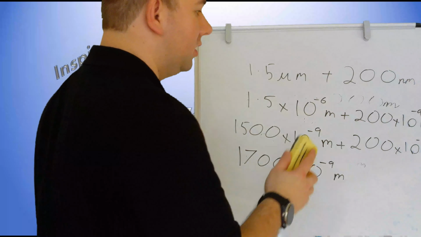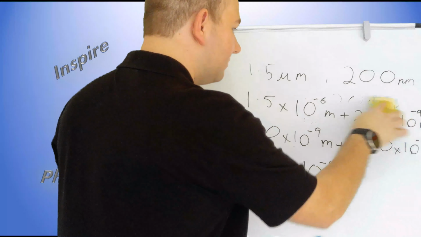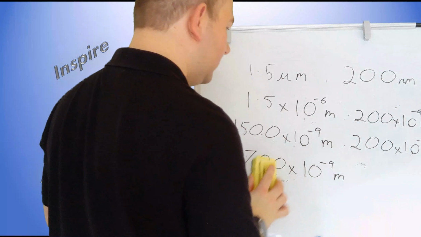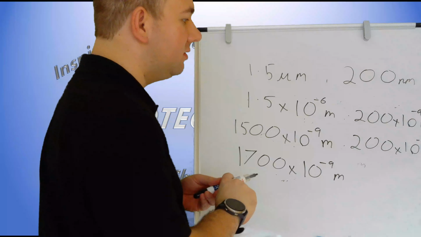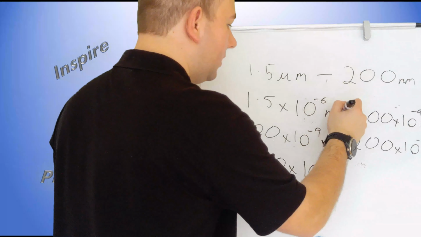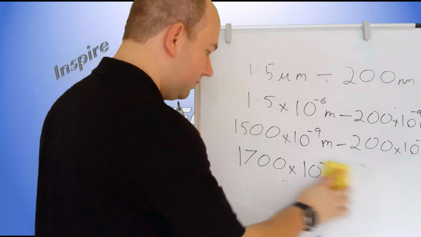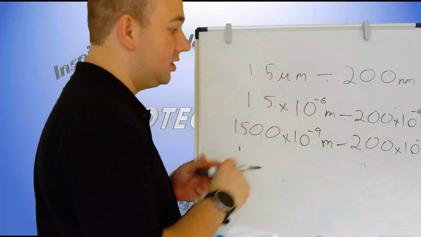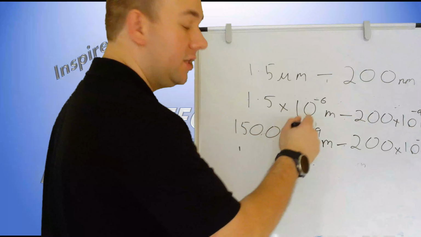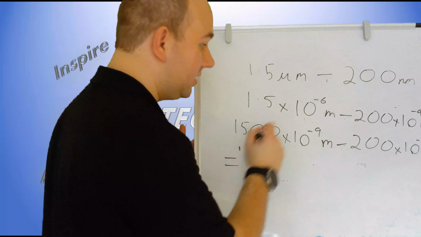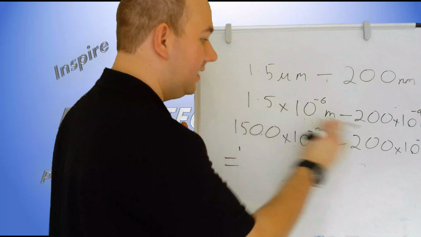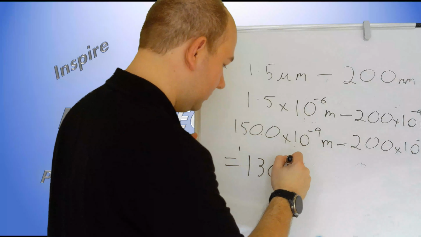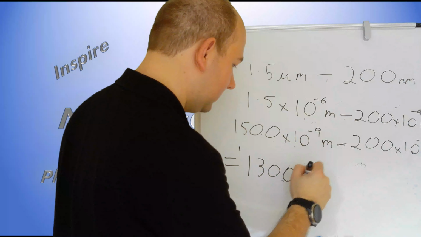So just for convenience, we're just going to change these positives to negatives. So we can do the same trick of converting everything to times 10 to the minus 9, because with subtraction you have, same as addition, you have to make sure your exponents are the same. And in this case we can do exactly the same. We're just going to take this number away from this number, so that will be 1300 times 10